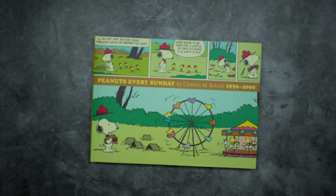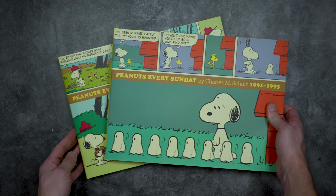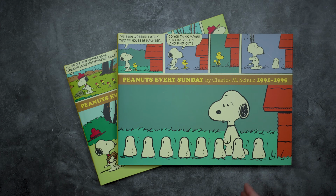Yeah, so that is a quick look at volumes 9 and 10 of Peanuts Every Sunday by Charles Schulz. All right, so that was a quick overview of Charles M. Schulz's Peanuts Every Sunday. That was 91 through 2000, so it was like the 90s, which is just a crazy huge nostalgia trip for me,